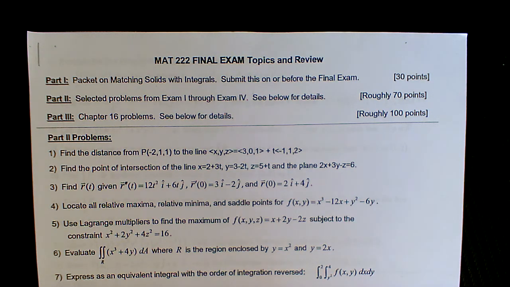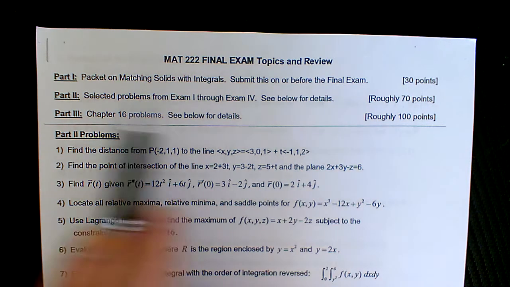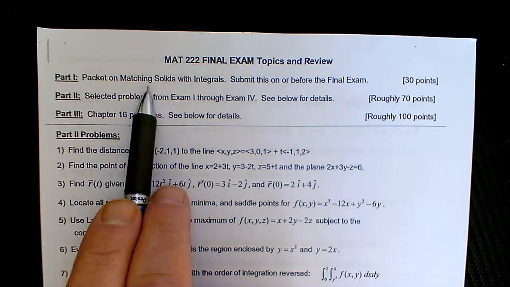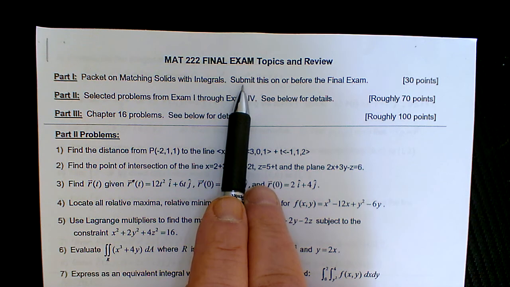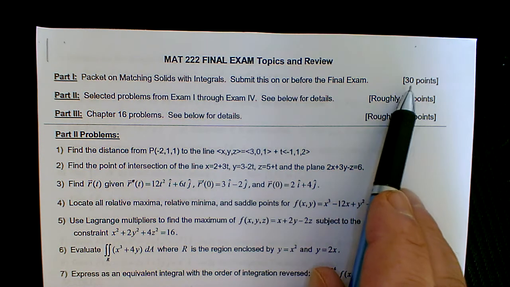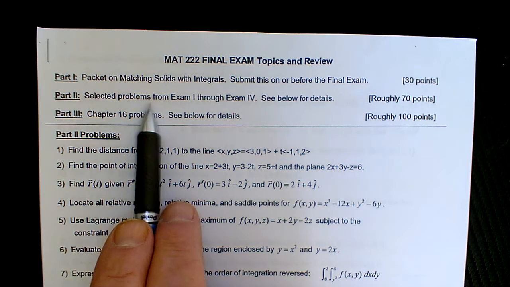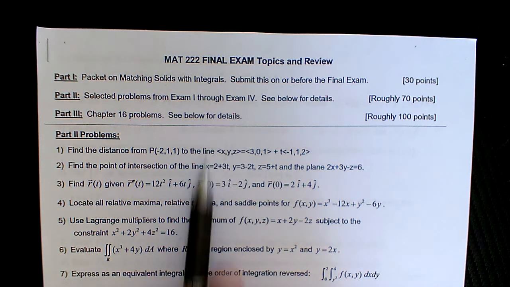First off, there's this final exam topics and review. It's going to be in 3 parts. Part 1 is that packet on matching solids with integrals. It's posted in numerous places in Blackboard, and I sent you an email with it as well. That's 30 points. Part 2 are selected problems from exam 1 through 4, and I've got those listed here